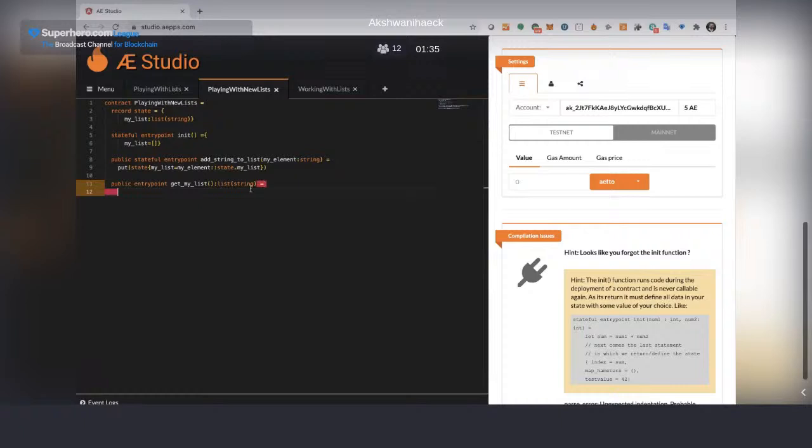But there is a mistake here. No. Okay. And straightforward, state list, and that's it. So now I have the ability to add the strings to the list, but I also have the ability of getting my entire list that is on the state store.